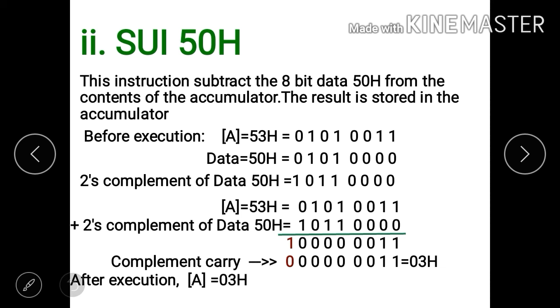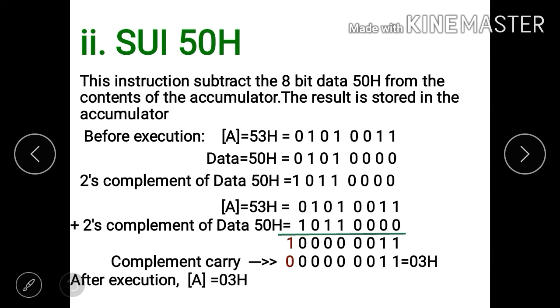So if we have to subtract 8-bit data 50H from the content of the accumulator, that is 53H, we will first find out the 2's complement of data 50H, and after that